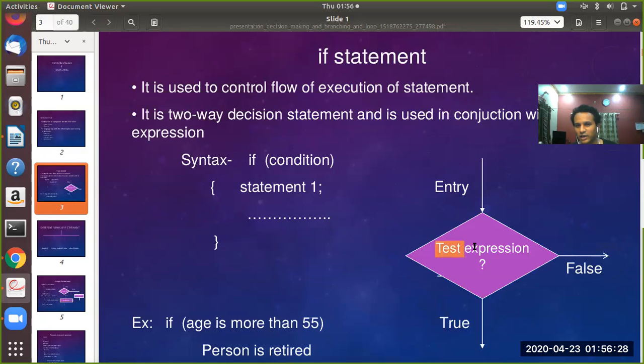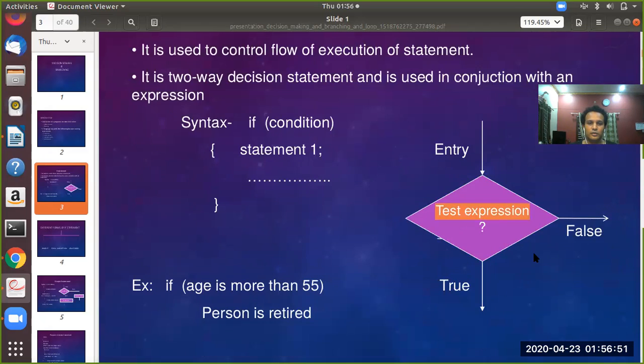It evaluates the test expression, or in other words the condition, for its truthfulness. If it is true and correct, it goes inside the block and executes. If it is not true, it will go out. That means it will skip this and execute all that is present after the if block. So this is clear.